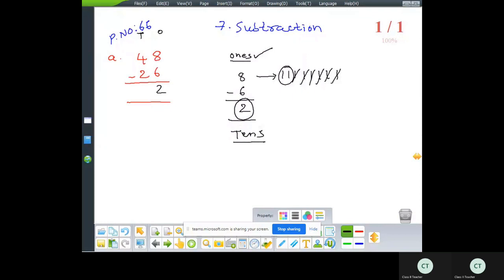Now subtraction on 10. The digits are 4 and 2 in 10th place. 4 minus 2. 2 is smaller than 4. 2 subtracting from 4. 4 means 1, 2, 3, 4. From 4, we remove 2, means we cut 2 lines: 1, 2. 4 minus 2 is equal to 2. After cutting 2 lines from 4 lines, there are 2 lines. 4 minus 2 is 2. This answer we write in 10th place.